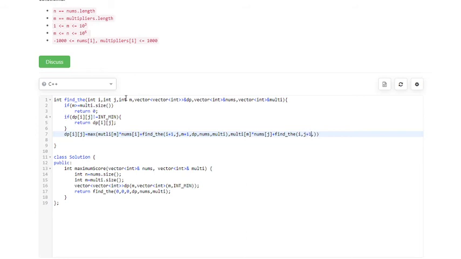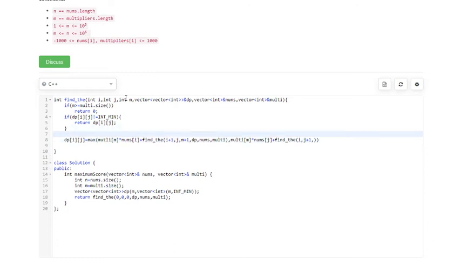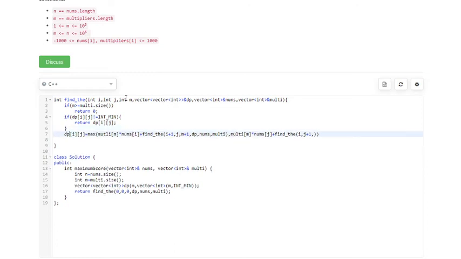Okay, since we are passing this way, we are using the jth element from the end, so it should be like this: nums size minus 1 minus j, and we have to pass j plus 1, right? We have to shift i and j by 1 every time.